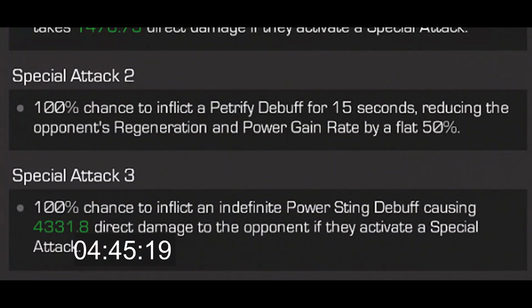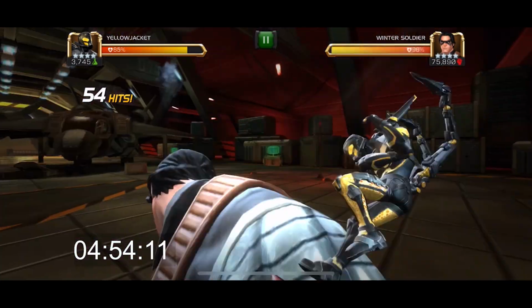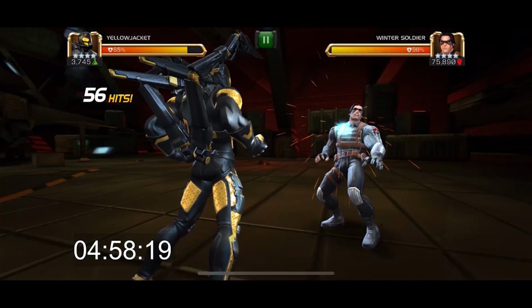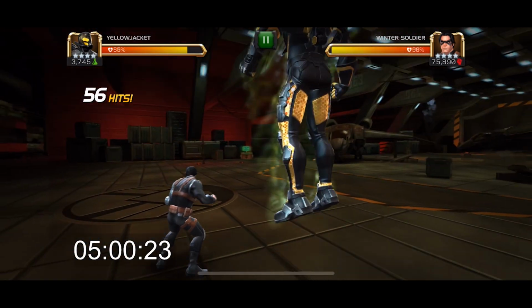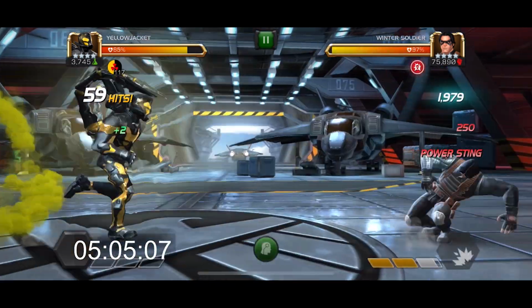Applying a power sting is via the special attack 3. This is where you apply an indefinite power sting debuff to the opponent. Again, it deals direct damage once activated, and if you are awakened, the power sting has a 100% chance to reapply itself once activated. And if you're at max sig, then there's no chance for it to fail to reapply,